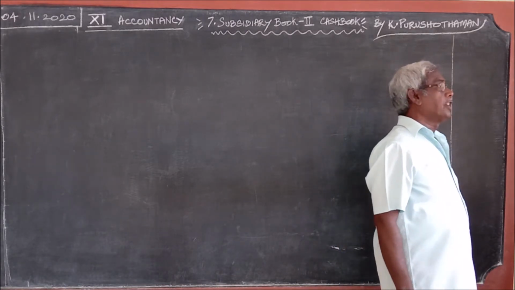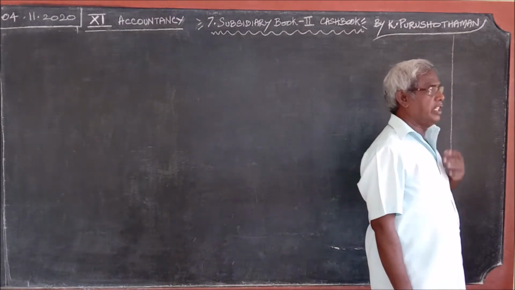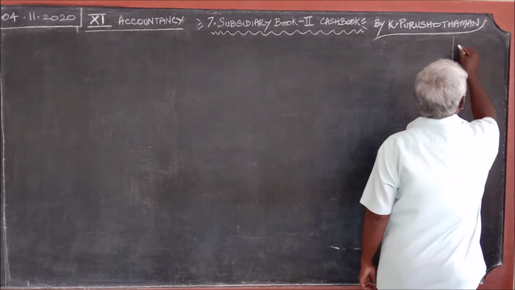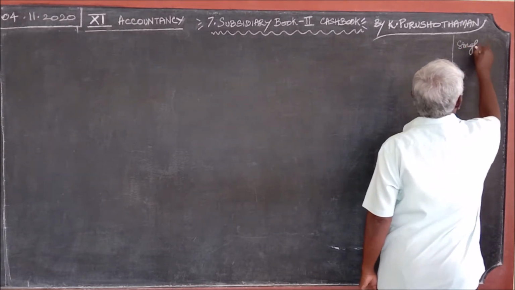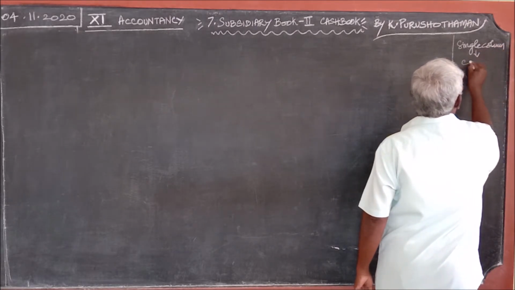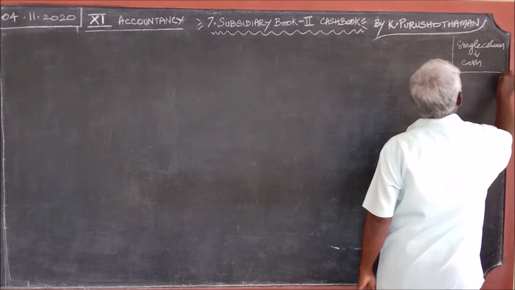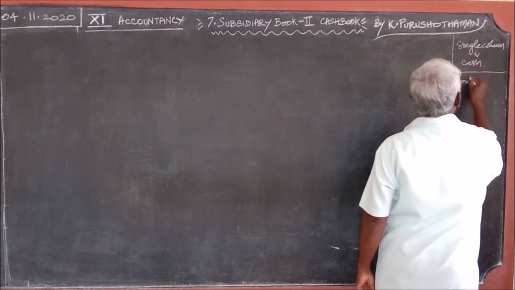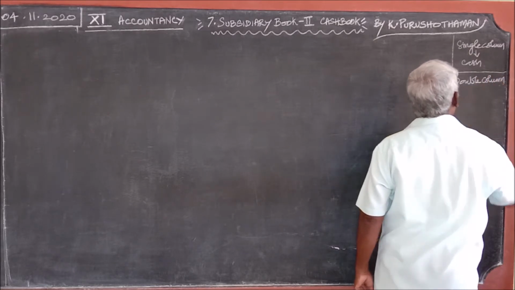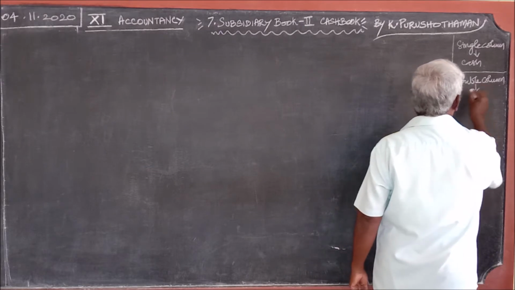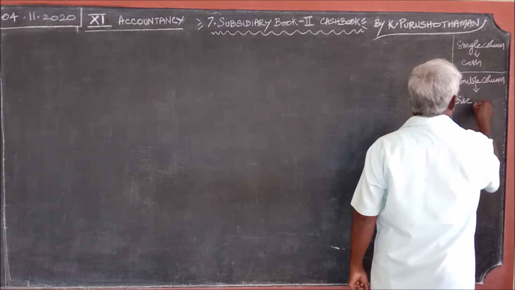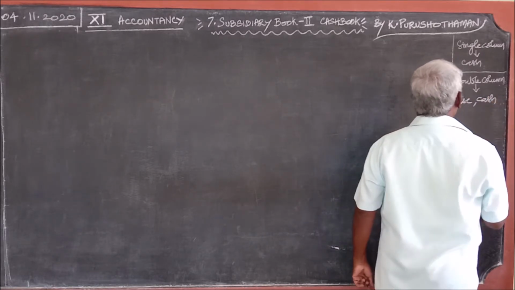There are three types of cash books. If we include petty cash book, there are four types. But generally, cash book consists of three types. Number one, single column cash book. Under this, only cash column. Then double column or two column cash book. Under this, there are discount and cash. These are the two columns.